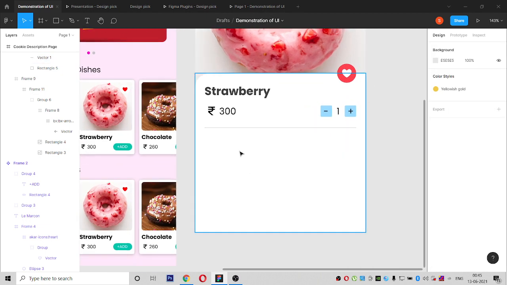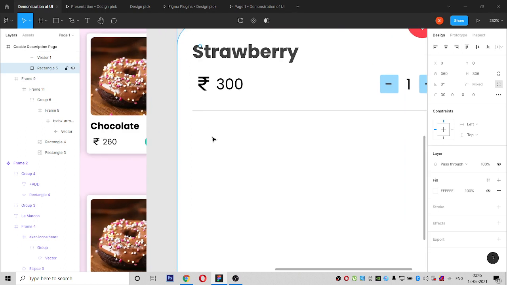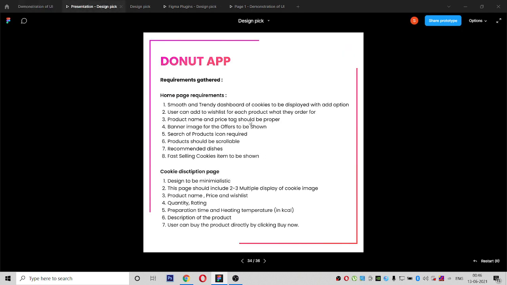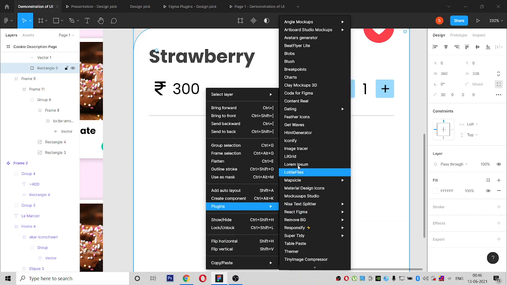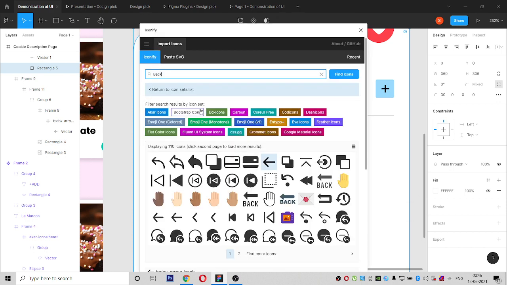Between these two, here comes the product rating, how many calories, heating temperature, and preparation time. So these three I have to show. Now I have shown product name, price, wish list, quantity, rating, preparation time, and heating temperature. Quantity also we have shown. Now I have to show the rating image. So I have to